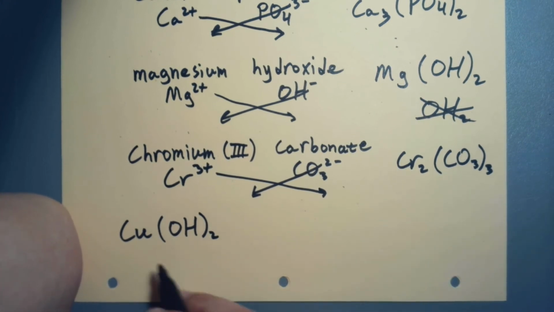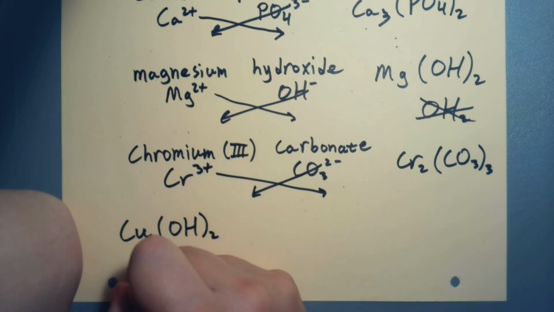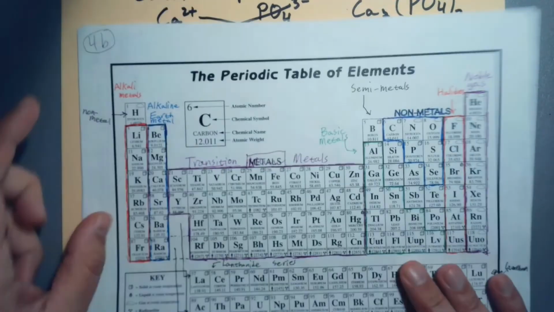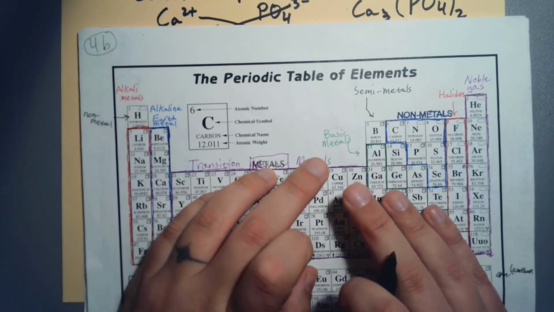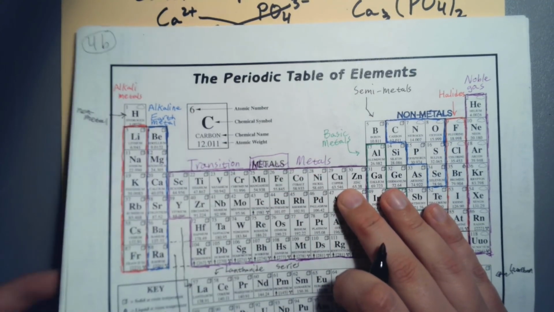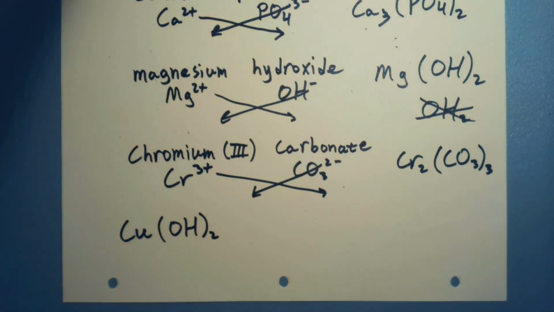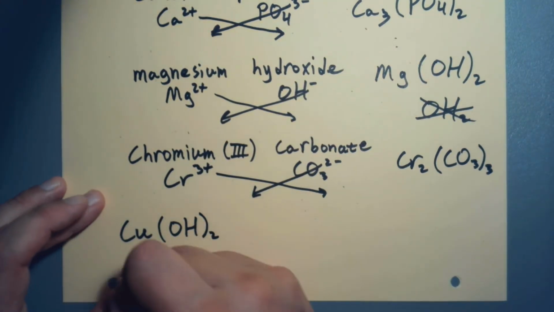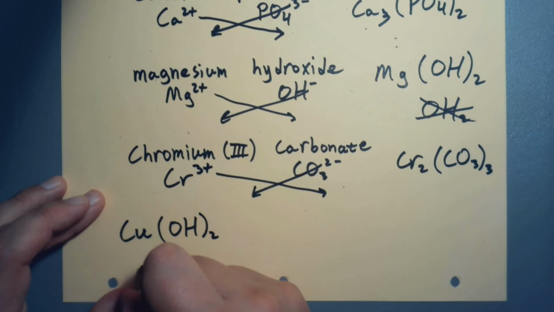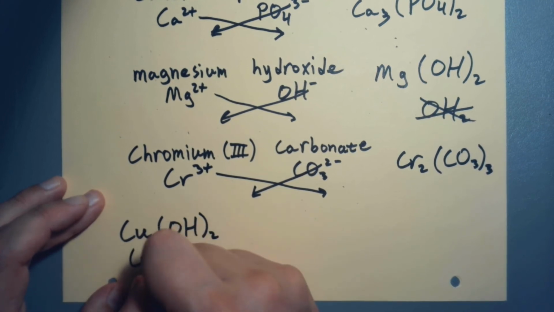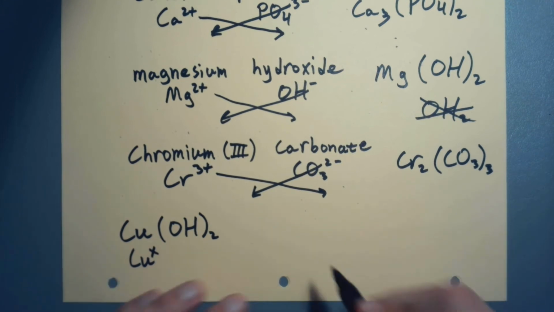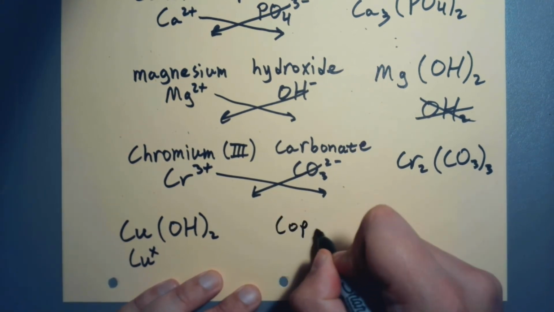So, what do we know? We will always know the charge of our anion because we look at our periodic table and we go copper. Oh, it's a transition metal. We don't know the charge. But I do know that it's Cu. Could have sworn it was Co because those are the first two letters in copper, but apparently it's Cu. Which I guess we knew anyway, it was in the formula. But we don't know the charge. So we know it's going to be copper something,